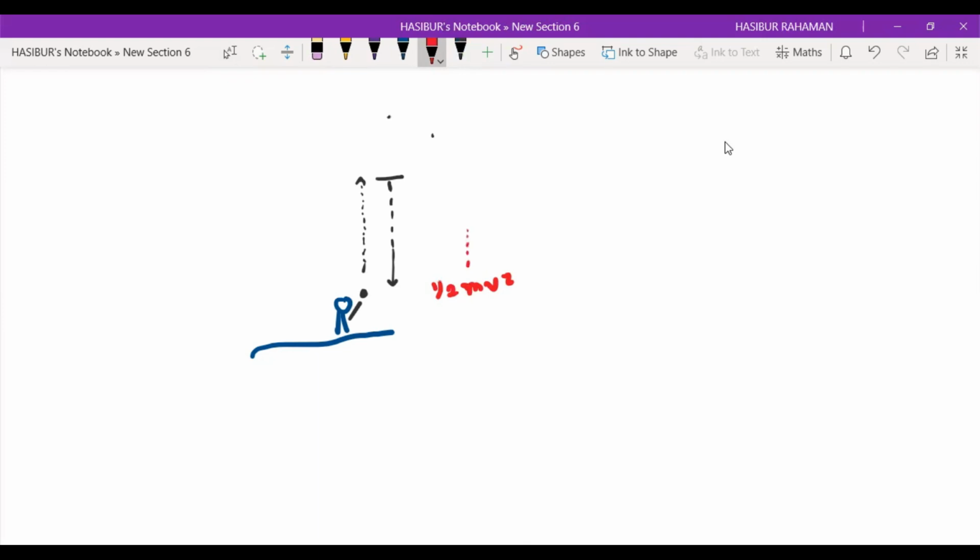Now the ball will go upward, and it will move against the effect of gravitation, the gravitational field due to Earth, and at a certain height, let's take it is h, its total kinetic energy will be converted into potential energy, and that will be mgh. And at that height, its velocity will be zero, and then this ball will start feeling the effect of gravitation, and it will go towards the ground. Here, m is the mass of this ball, g is the acceleration due to gravity, and h is this height.